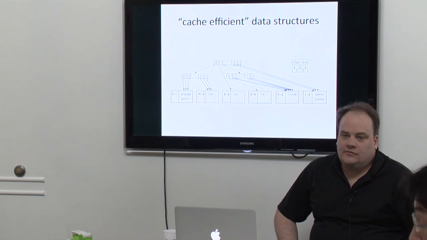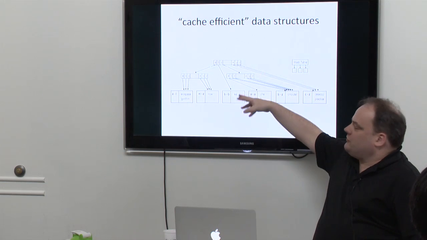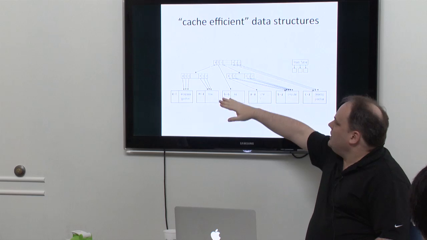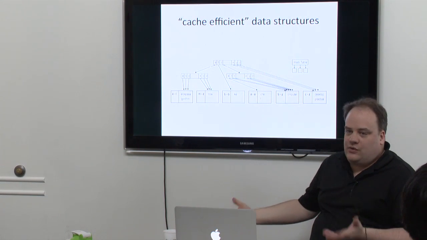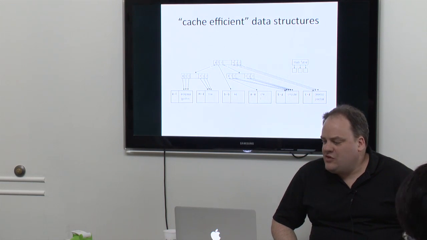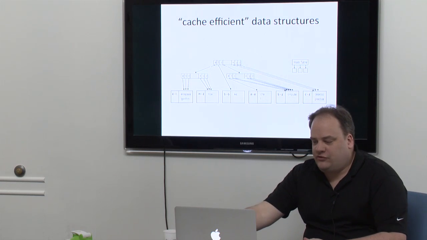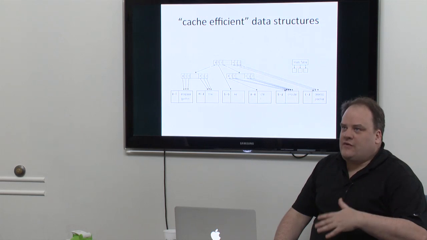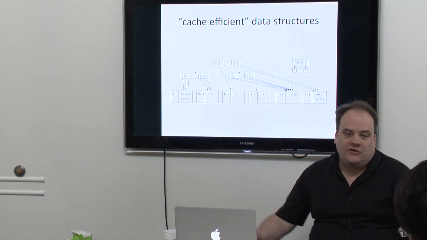It's a B-tree, right? Yeah. I just searched cache-efficient data structure and put something up here to show you that at every node there's more going on per cache line, so there are fewer cache misses. There are lots of cache-efficient data structures you can look at, and once you start looking at the well-known ones, you can start thinking about your own data structures and say, if I use a technique similar to this, I can get rid of some extra cache misses.